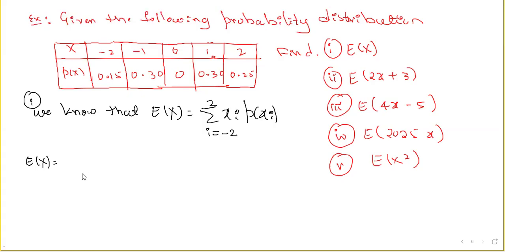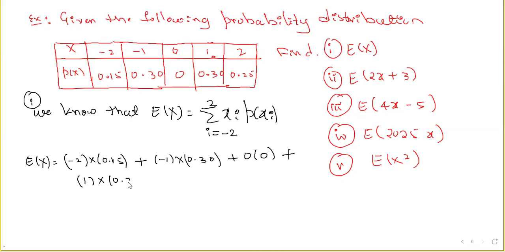So now expected value of x equal to. I think today only you solved the practical. So the first x value is minus 2, minus 2 into 0.15 plus minus 1 into 0.30 plus 0 into 0 plus 1 into 0.30 plus 2 into 0.25. So expected value of x